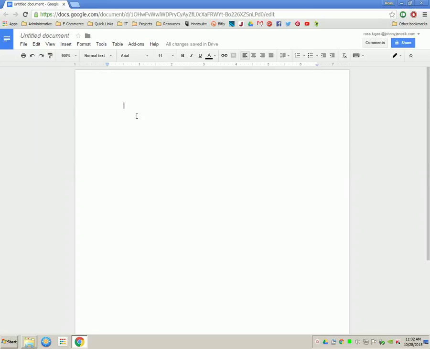So the first one we're going to show you is the undo. Most people will find the undo button on the top left corner of their programs, but if you didn't know, the keyboard shortcut for the undo is going to be Control and Z. What that does is it undoes the previous thing you did, the same way that the undo button at the top will do, but you can just do it with your keyboard from Control Z,